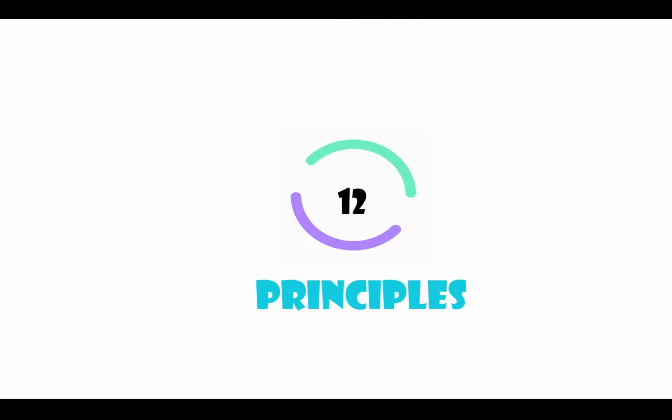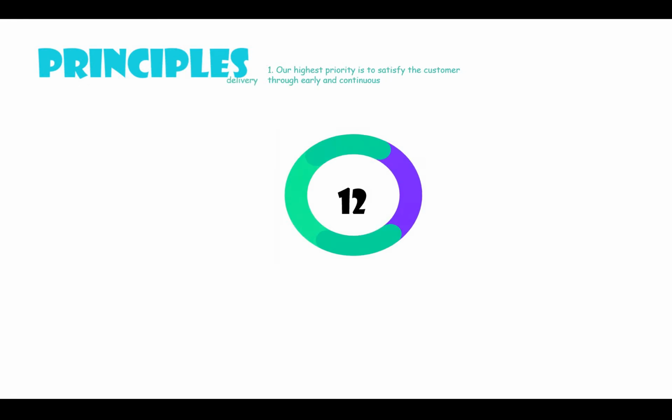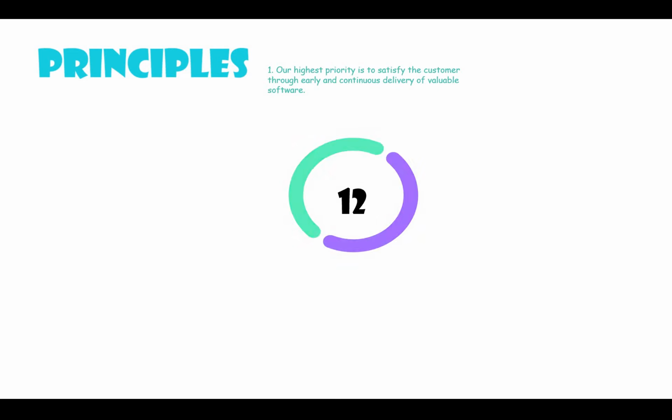Now let's talk about the 12 principles. These principles are also a main part of the Agile Manifesto, and they are derived mostly from our key values. If you want to understand Agile, you need to really understand the key values and principles, and why we are following all these things as part of your Agile team structure, how you're developing your software, and how you're collaborating with people. All those things are very important.